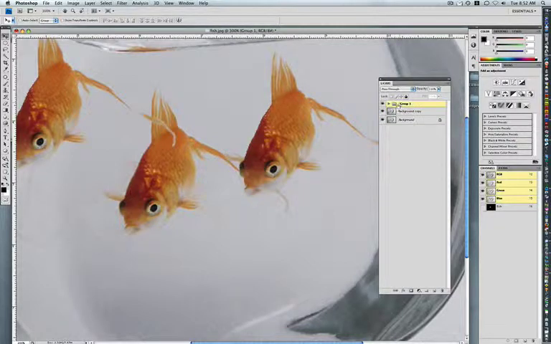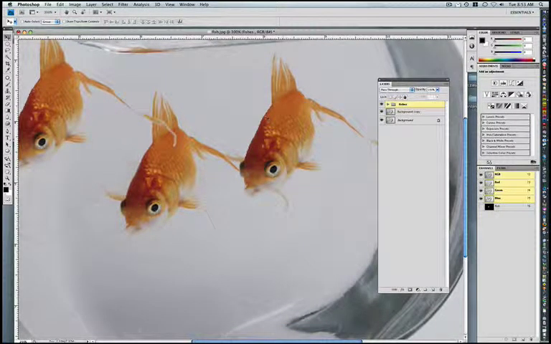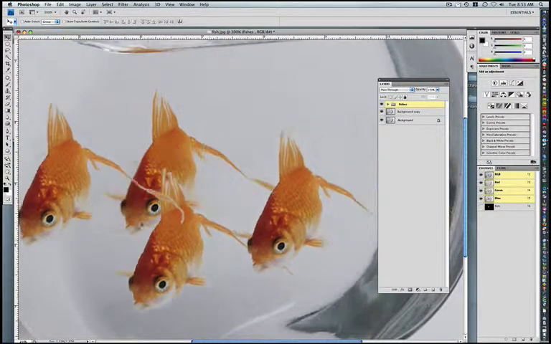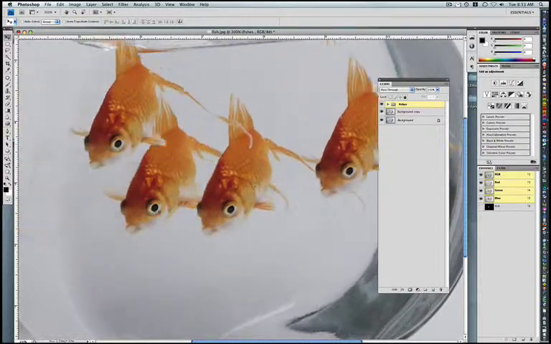The cool thing about that is now that they're a group, and I'll name that real quick. I double clicked on the group 1 name. So now that I have all those, I can manipulate all three fish as a